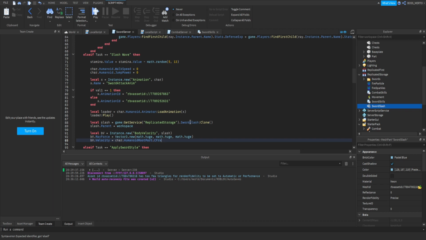Wait. C-frame. Look vector. I'm not sure. Was it like that? I'm not sure. Wait. Of course,